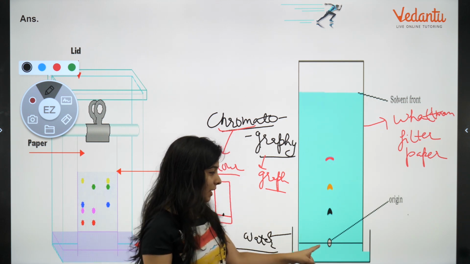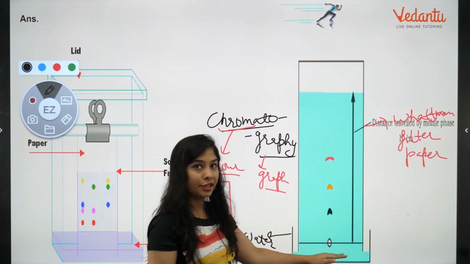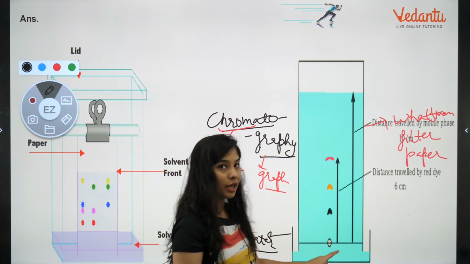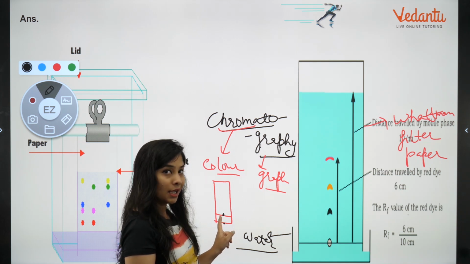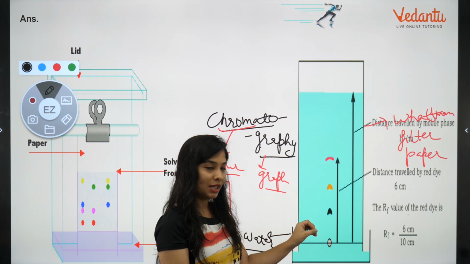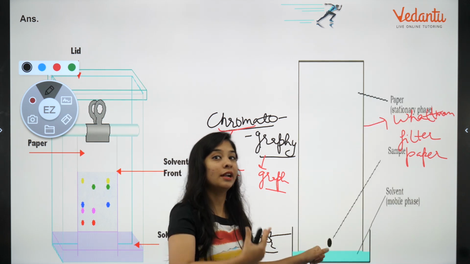Okay, you have to dip it, but just so much that only the surface gets touched. The surface of this paper should only get touched with the solvent, not like you dip the mark you have made into it. Otherwise what will happen, all of the dye which is soluble in water will fall into the solvent. That we don't want. We want different colors.